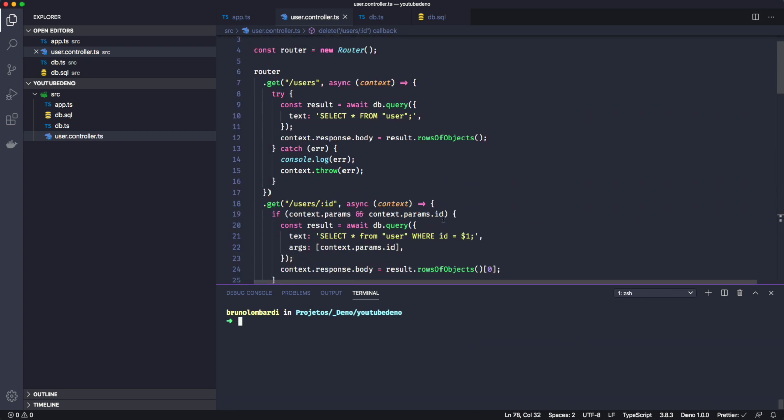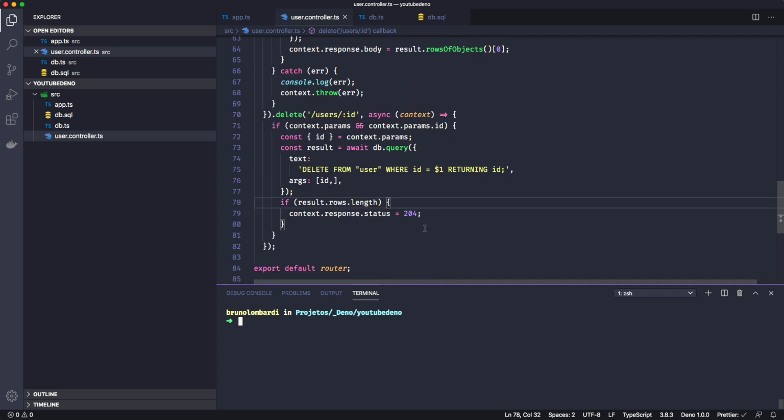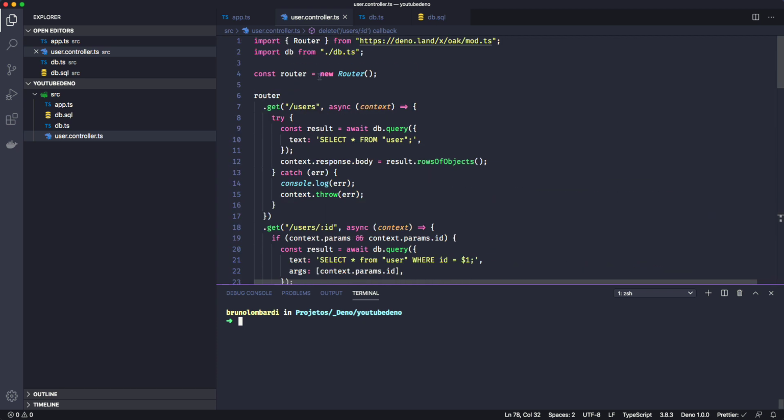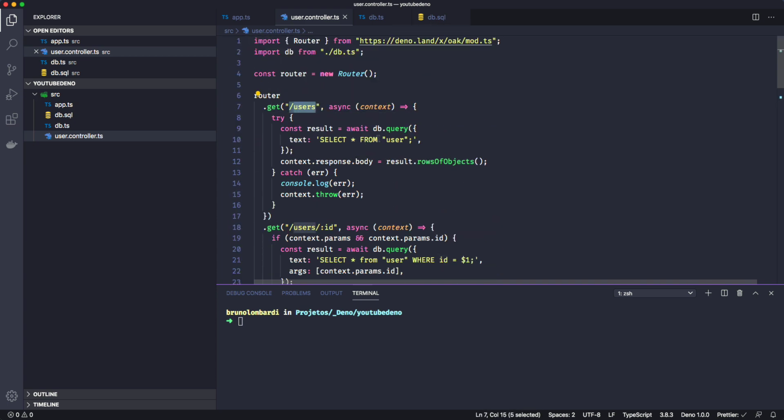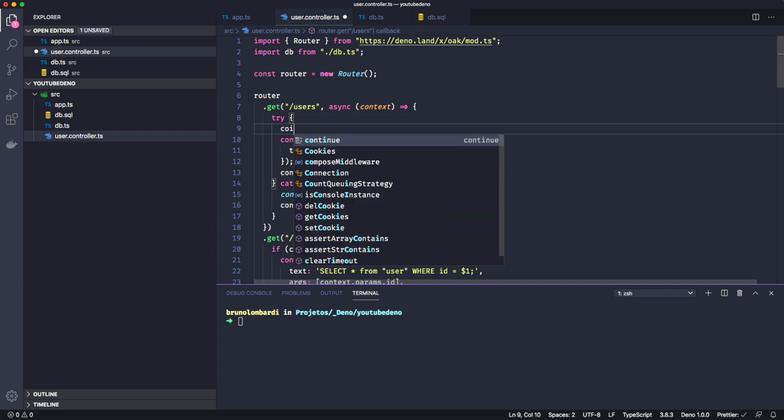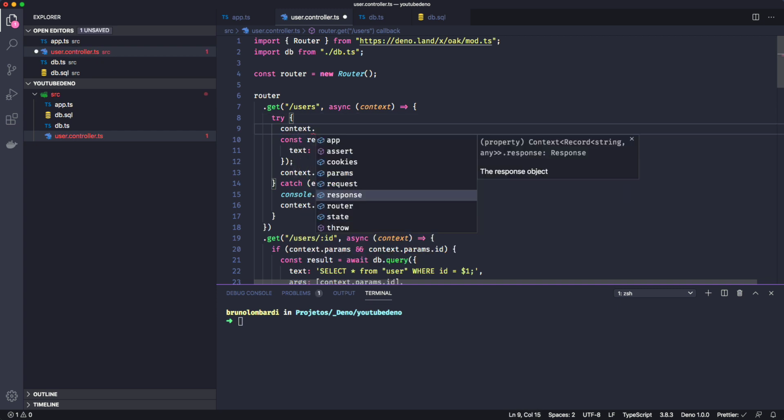So what we have to do from now on is maybe try to improve some things here, like we have to add data validation. We also have to add some more security queries, and maybe in this get users route we should add the limit and offset to the query so we can do pagination of this request. It is actually really easy to do, and we can get the request params if you are willing to do this inside